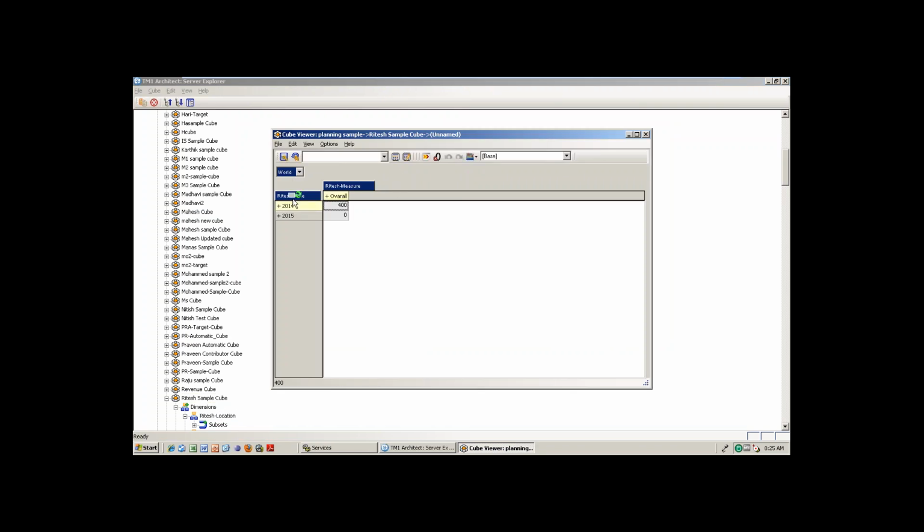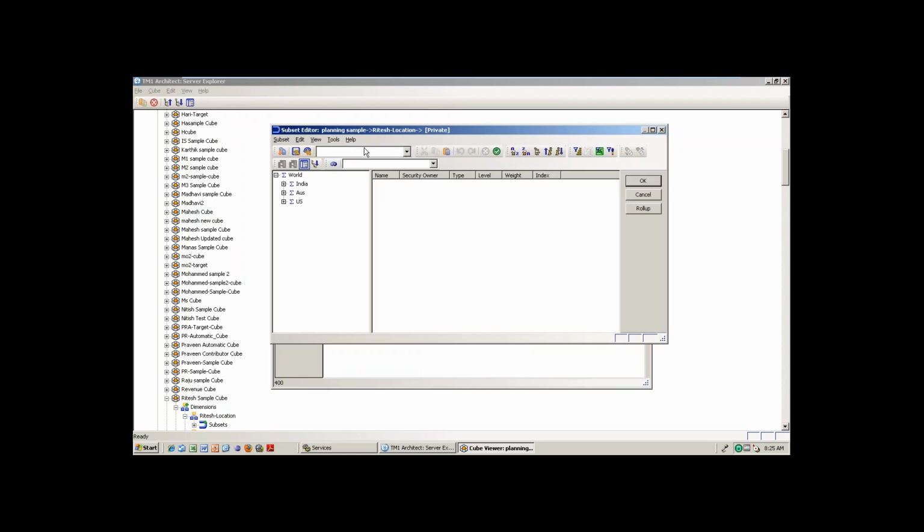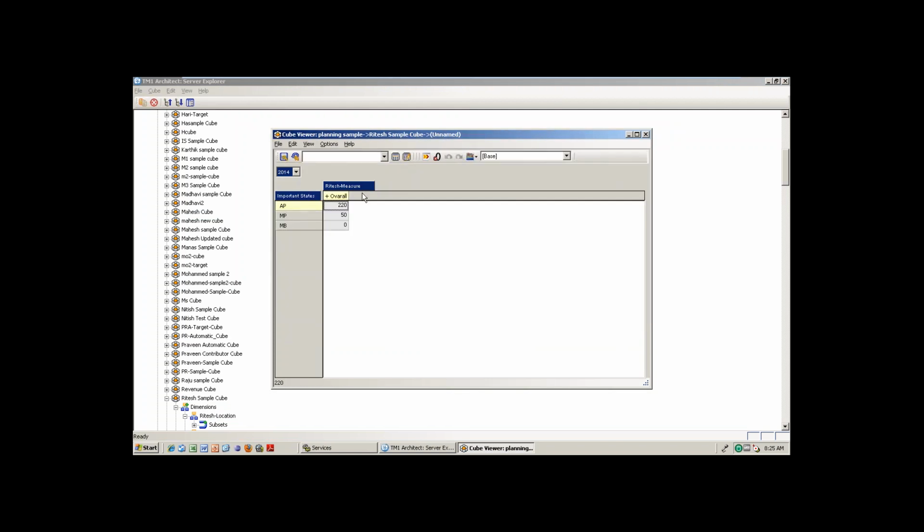Now if I am opening the sample cube, for example, I want this one here and that one here. See, Ritesh location came here. If you double click Ritesh location, you can see the subset here, the important states. If I select it here, then automatically whatever values you selected will come. That means, in order to remove the extra burden from users, whatever the users frequently use, you are making as a subset for each dimension.